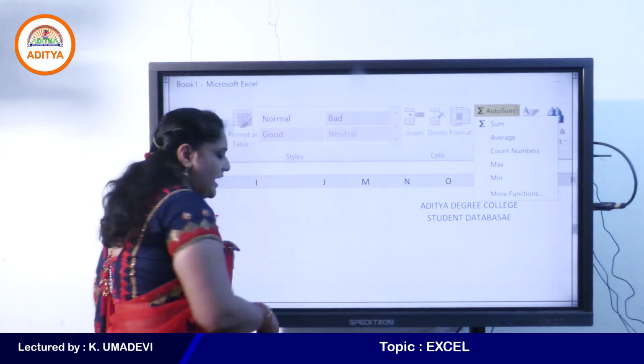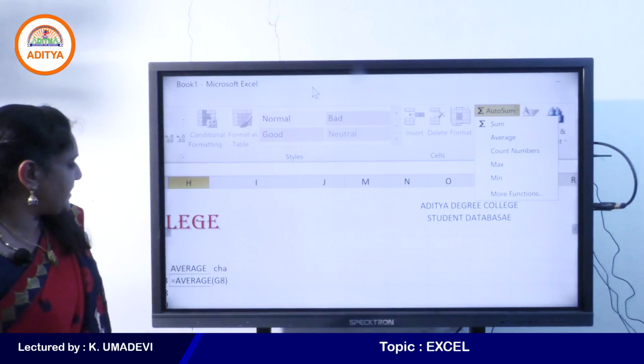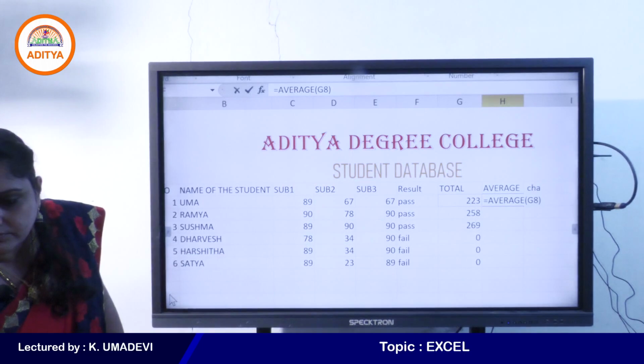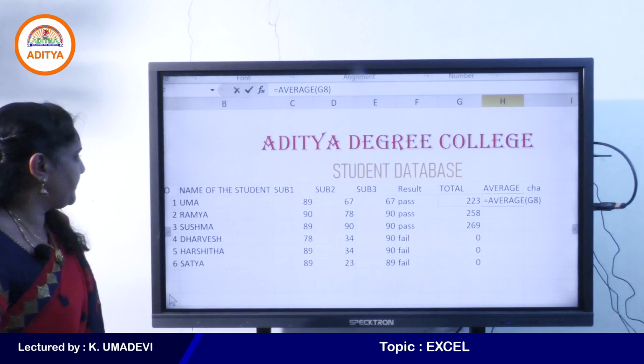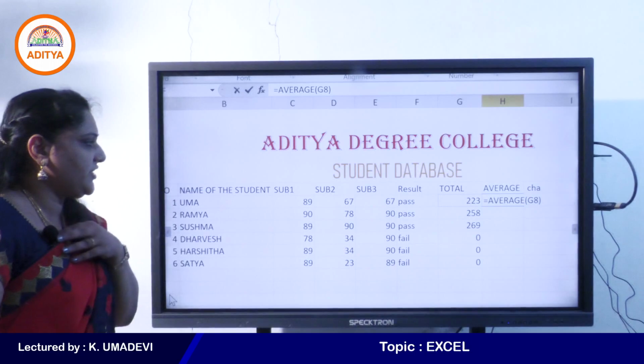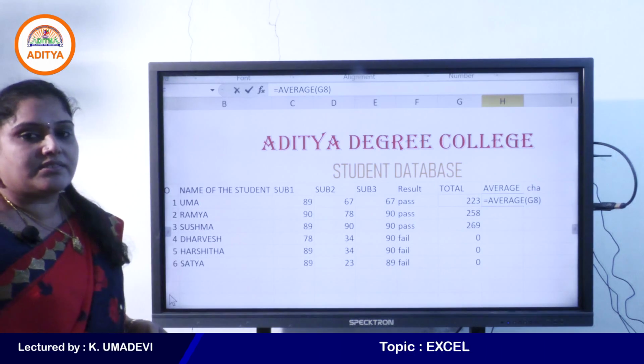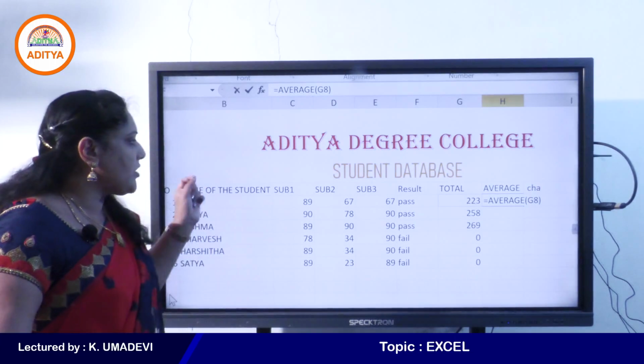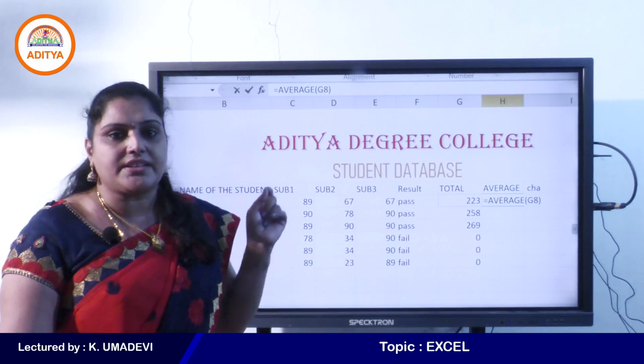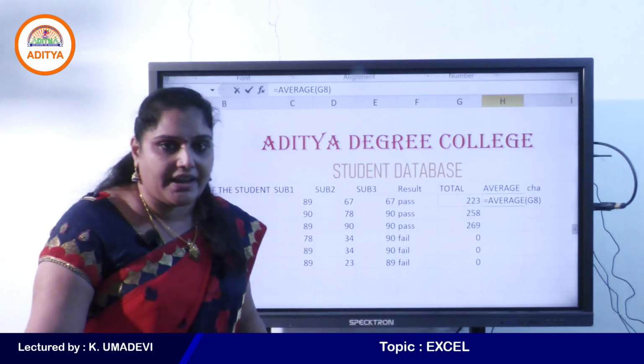Now click on Average and select the range of cells. Here G8 is already selected, but I want to calculate the average of three subjects, that is subject 1, subject 2 and subject 3, right?